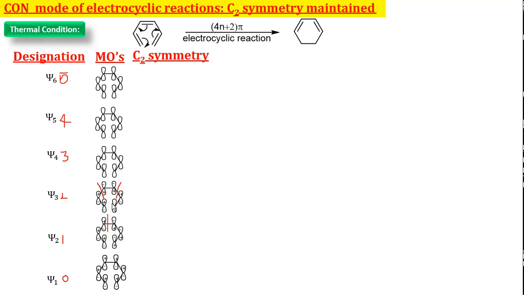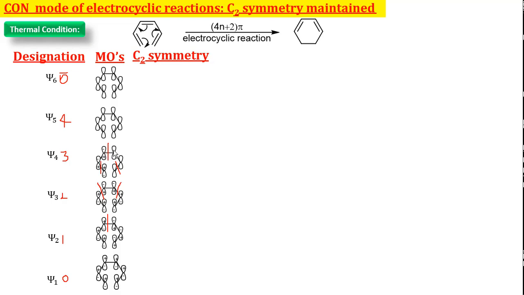therefore we get plus. Psi 4, 3 nodes are present, one node will come at the middle and the remaining will come at these places to follow the symmetry. So here start with plus. See here friends, a node is present, therefore here we get minus. Here no node, therefore we get minus.